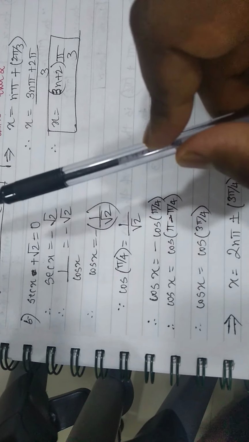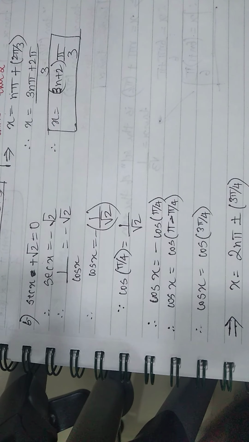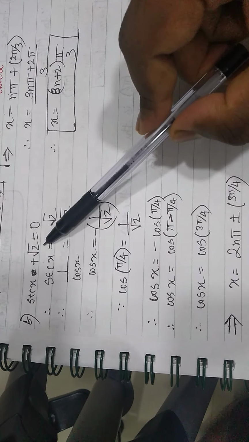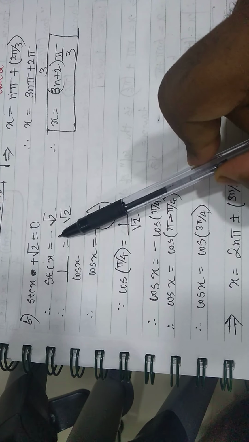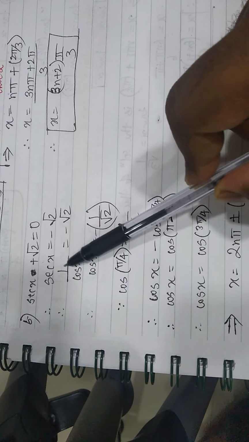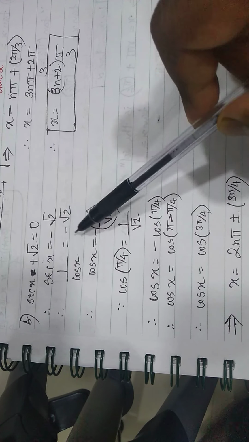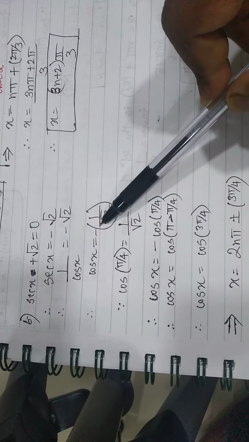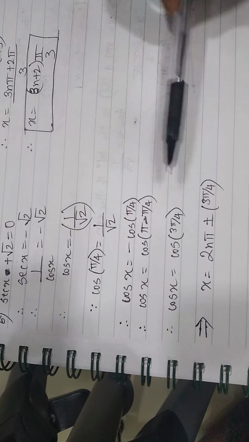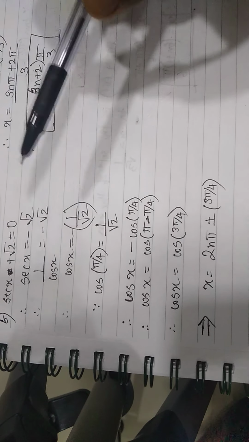As a rule of thumb with equations, keep variables on one side, numbers on the other side. Always remember this fact. Your whole problem solving process becomes way simpler with that. So we take sec x plus root 2 equal to 0. Root 2 is taken to the other side, so you will have minus root 2. Sec x is converted to cos x form. So 1 upon cos x equal to minus root 2. Invertendo, you will get cos x equal to minus 1 upon root 2. And the rest of the problem follows the way it was in the previous case.